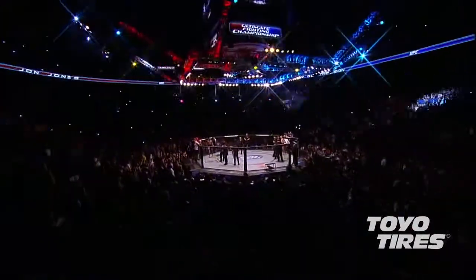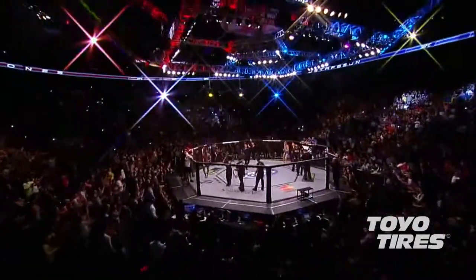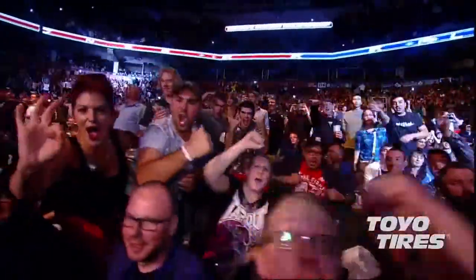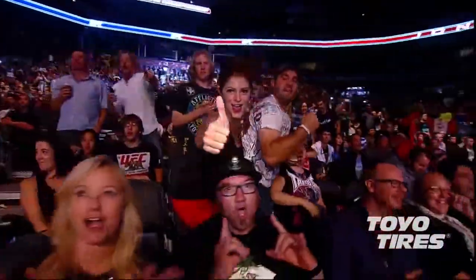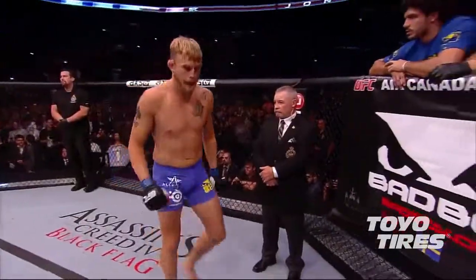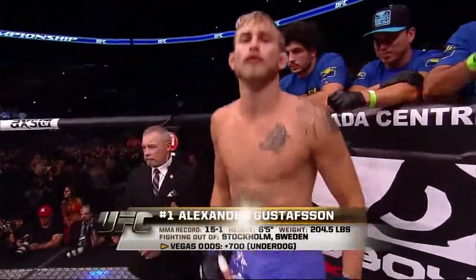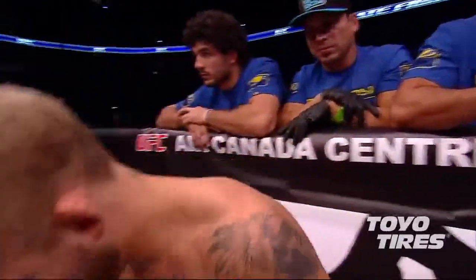It's time! 5 rounds for the undisputed UFC Light Heavyweight Championship of the World. Introducing first, fighting out of the blue corner. This man is a striker, holding a professional record, 15 wins, 1 loss. He stands 6 feet 5 inches tall, weighing in at 204 1/2 pounds. Fighting out of Stockholm, Sweden, presenting the challenger,